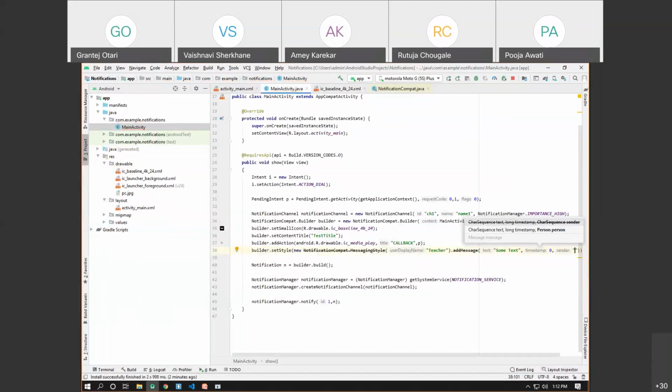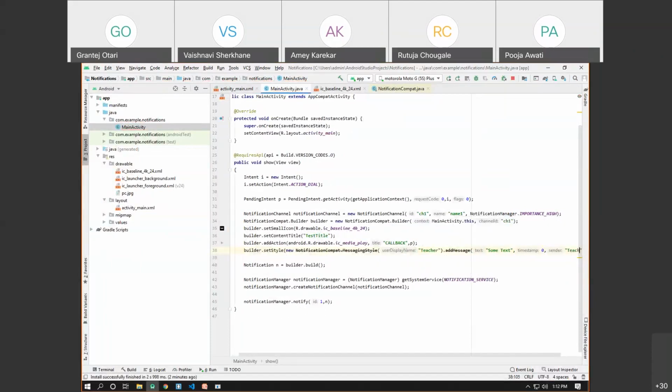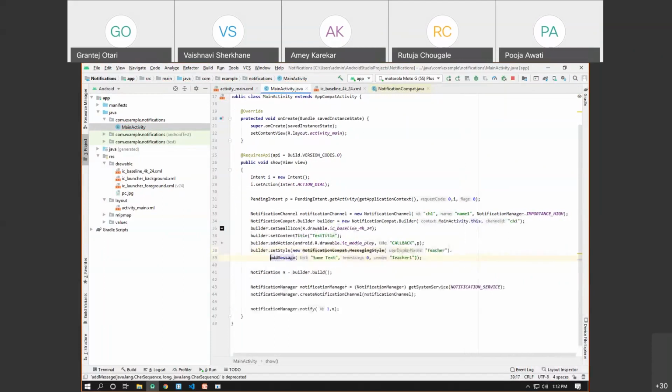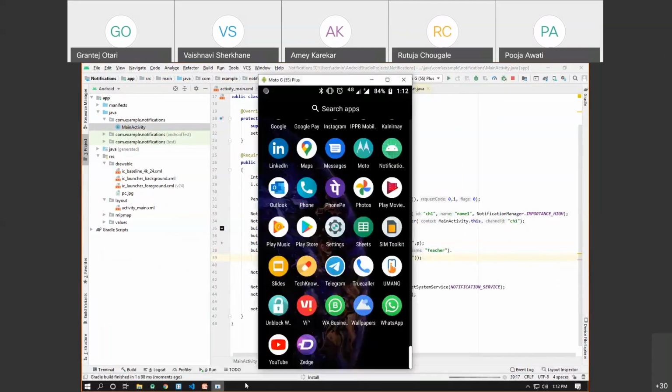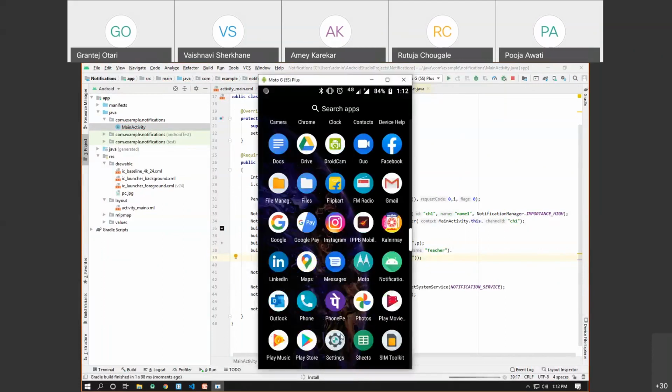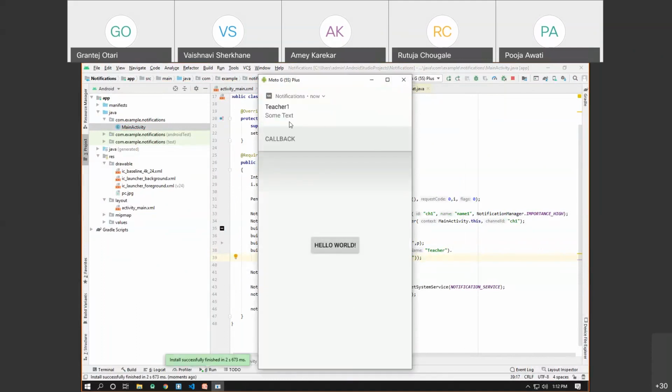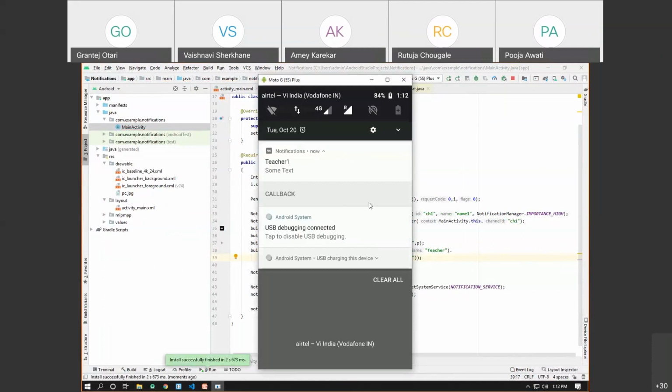So let's say feature 1. Let me add a slash in here. Okay. And this time, if you run the code, you'll be seeing the notification in a different style. If I click here, you can see some text is available, and if I expand that, it will be shown in this particular way.